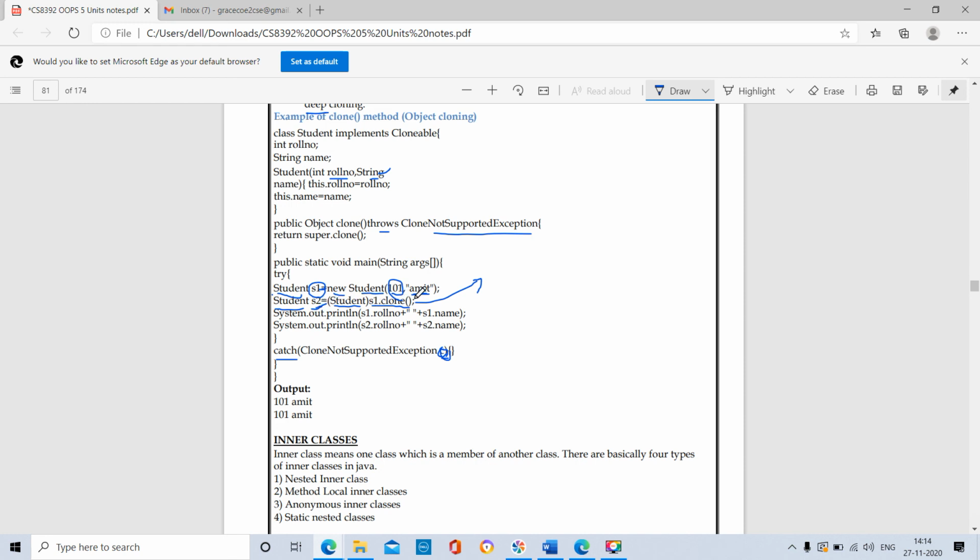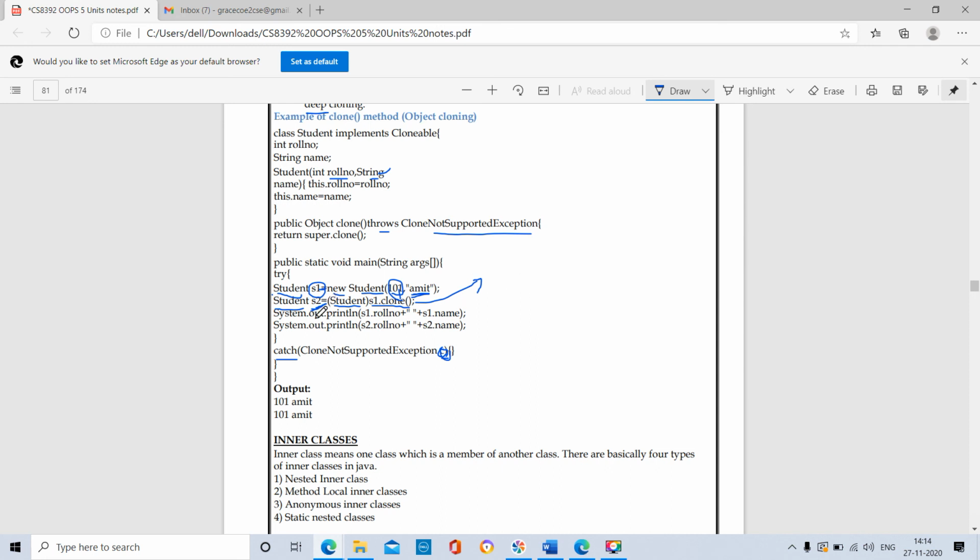What attributes does object s1 contain? Object s1 contains the attributes 101 and Amit. Two variables, two values. These two values, 101 and Amit, will be copied to the object s2.